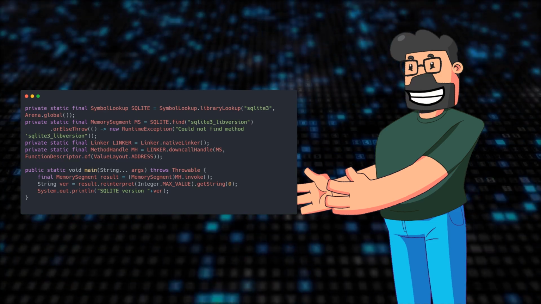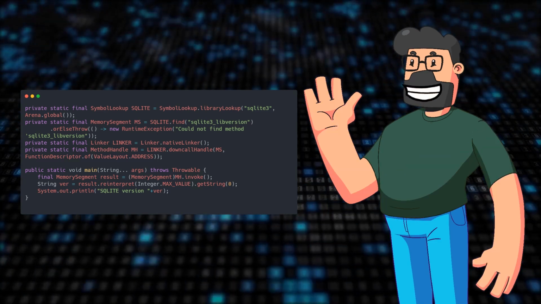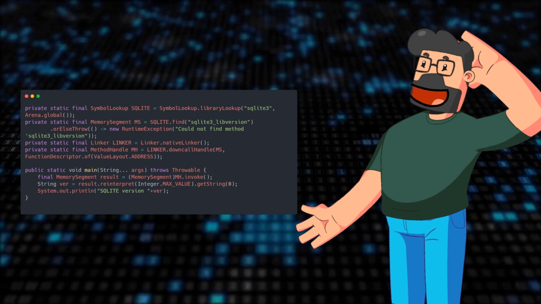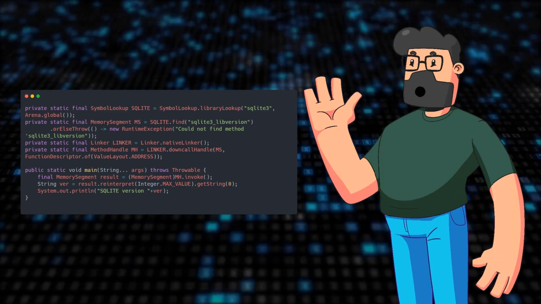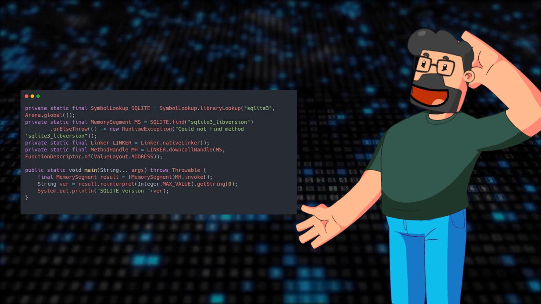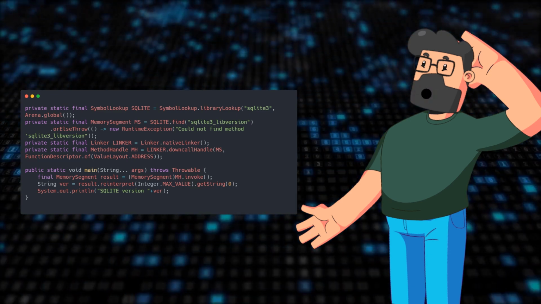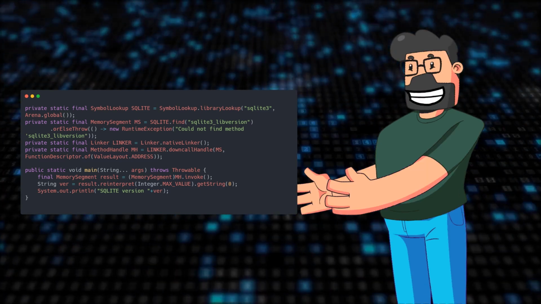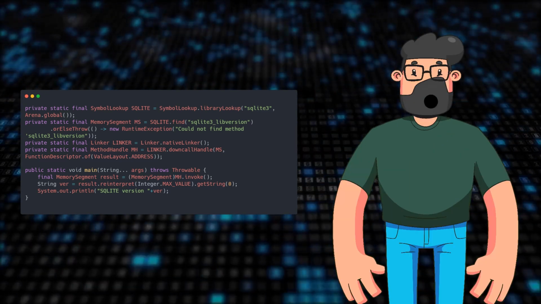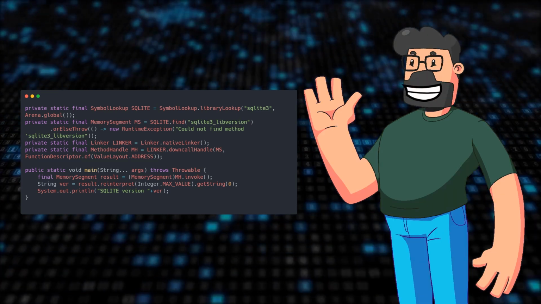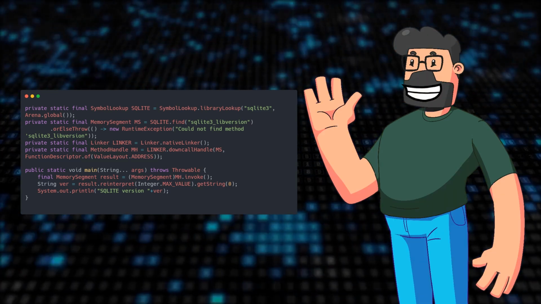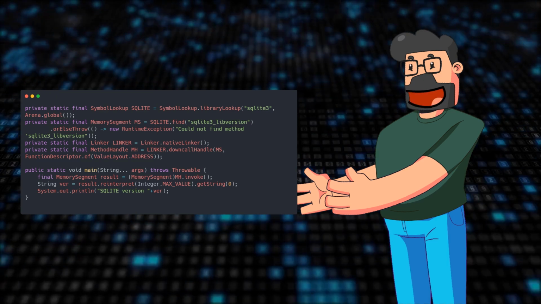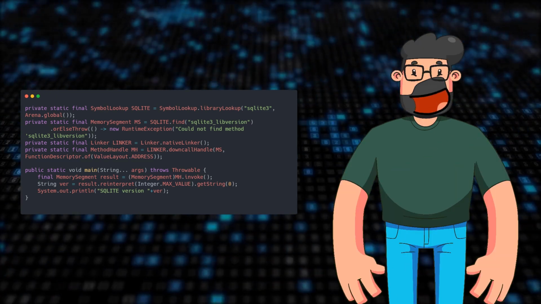Continuing with our solution, we can further simplify the retrieval of the SQLite version number using the provided code snippet. By setting up the necessary symbol lookup, memory segment, linker, and method handle, we can efficiently invoke the foreign function and obtain the SQLite version string. The code snippet showcases how to execute the downcall handle, reinterpret the result memory segment with a large size, and extract the version string using the getString method. This streamlined approach eliminates the guesswork involved in determining the char array size, providing a robust solution for obtaining the